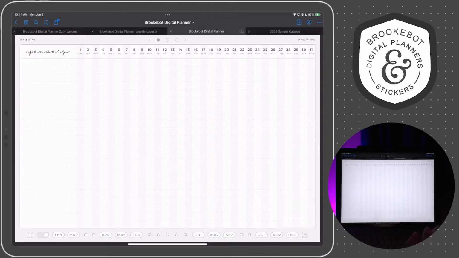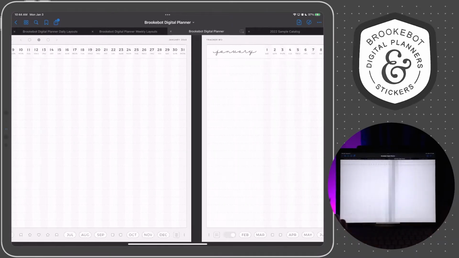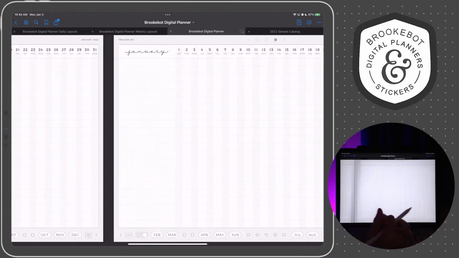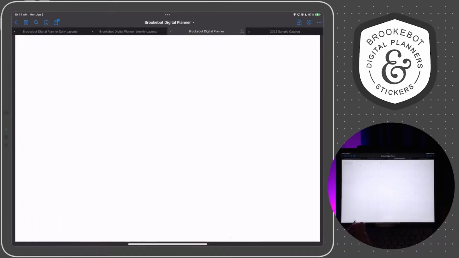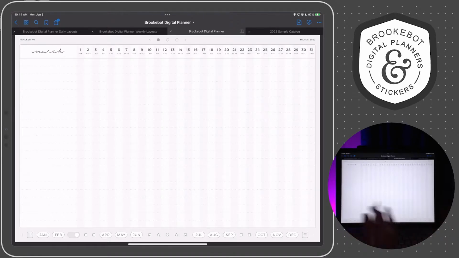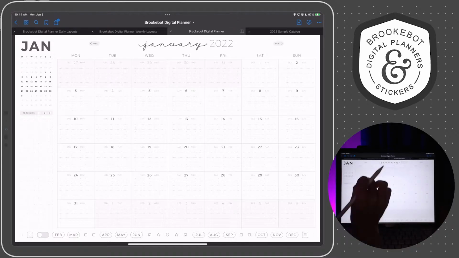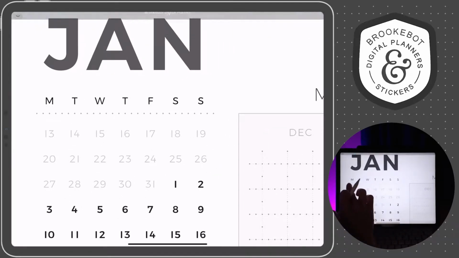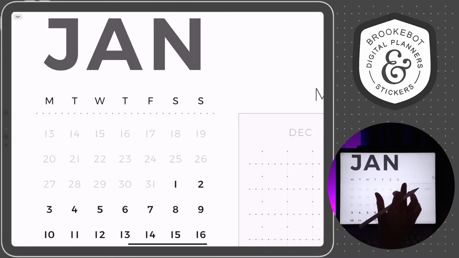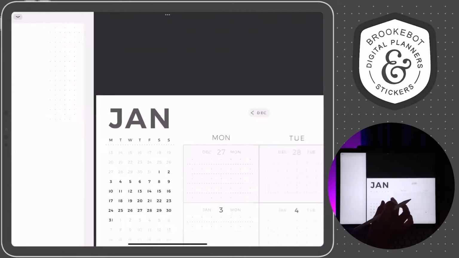So that's the quickest way to get to your first tracker, and then subsequently you can just swipe to get to your additional 2 trackers behind that tracker for any month. So you can do that for February, March, and so on throughout every month. They all work the same. Let's go back to January. And this year too, I forgot to mention, you can choose a Monday through Sunday layout or a Sunday through Saturday layout, depending on whatever one you want. And you can also have different weekly options as well, and we'll get to that here in just a minute.